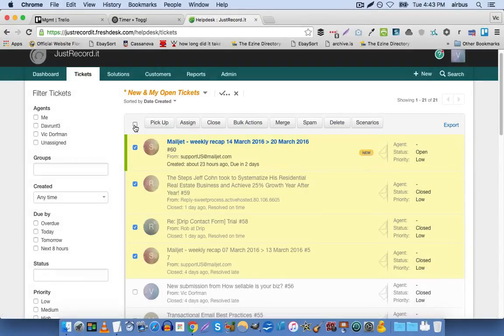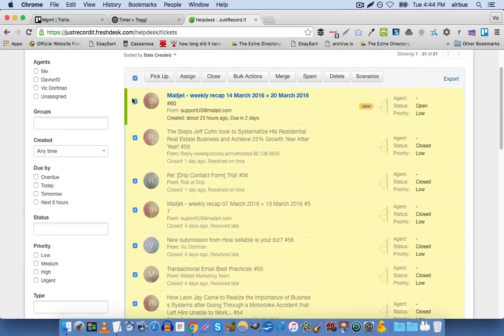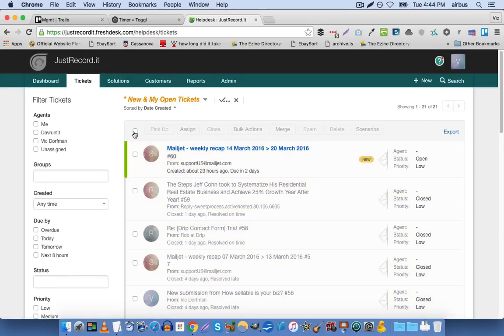One thing that FreshDesk lacks, and I've contacted them about this as a feature request, is if you have hundreds upon hundreds or thousands of support tickets and you just want to delete all of them or close all of them, there's no way to do that currently. You can only perform the bulk actions on all of the tickets on one screen. So if there were multiple pages, we'd have to go one page at a time. That's obviously not convenient, but in any case, if we click on this email,